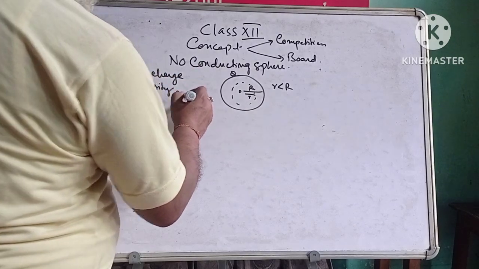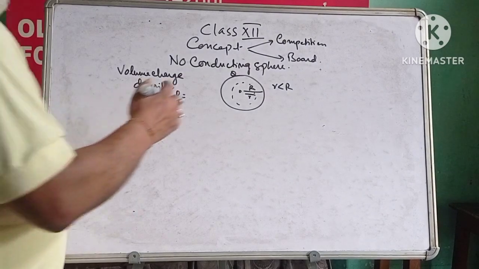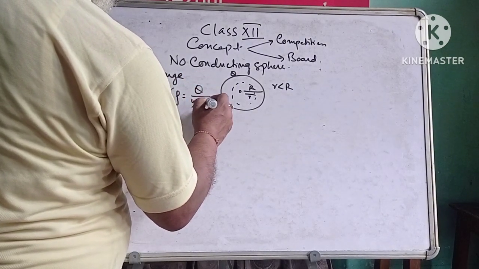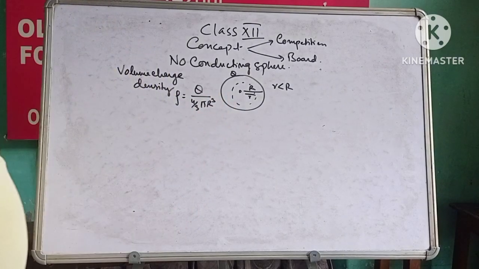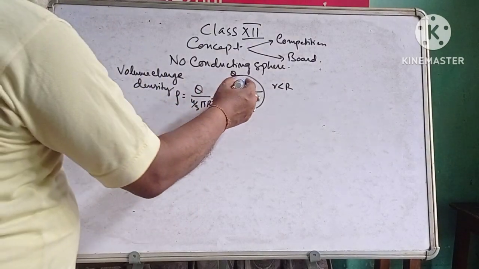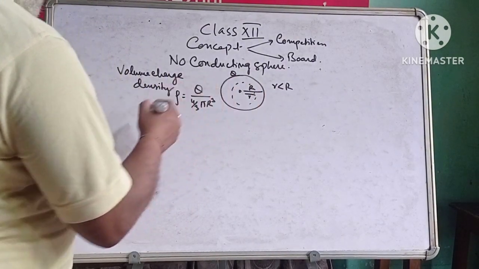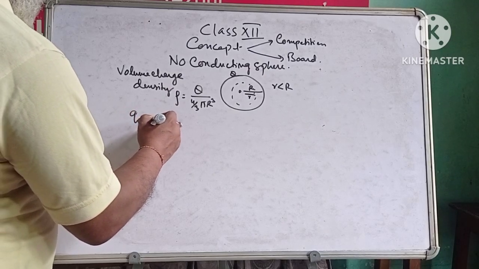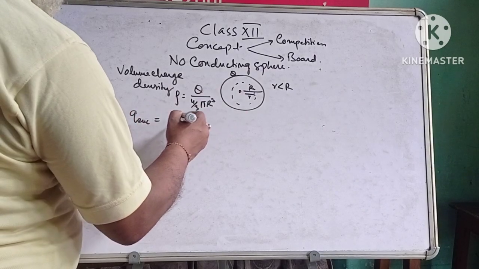That will be equal to rho. That will be equal to Q by 4 by 3 pi r cube. Now what is the charge enclosed in this sphere? So the charge enclosed, Q enclosed, will be